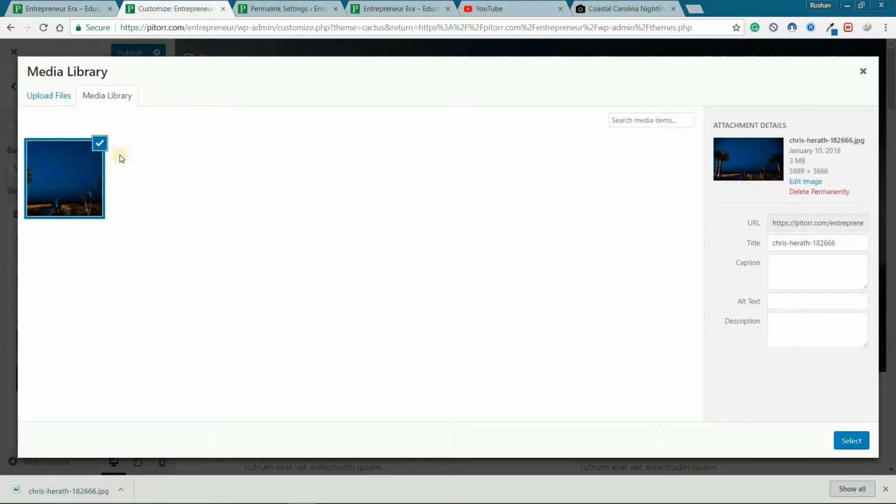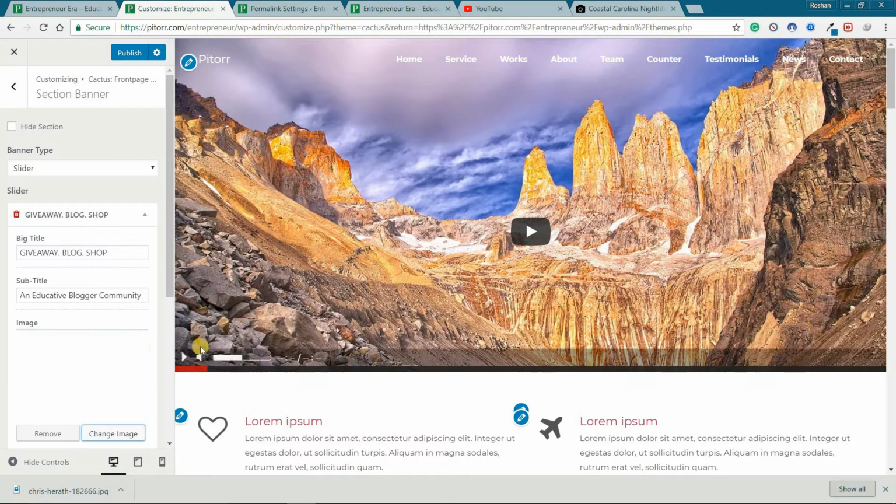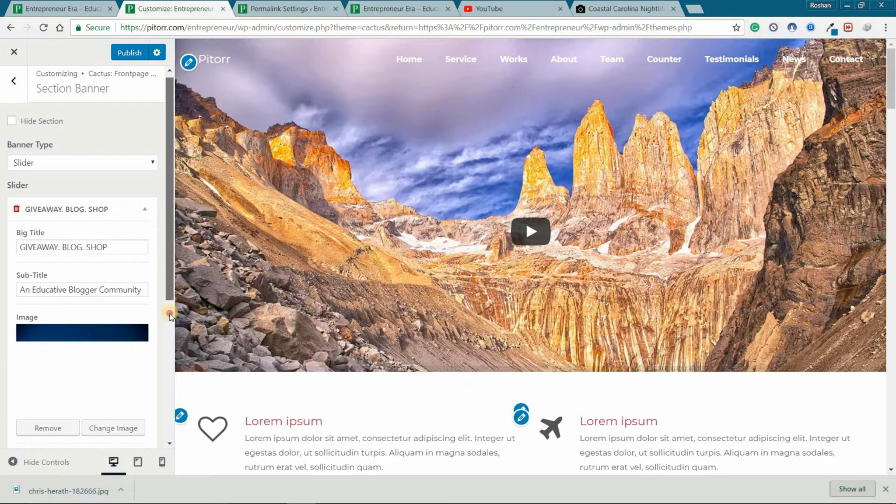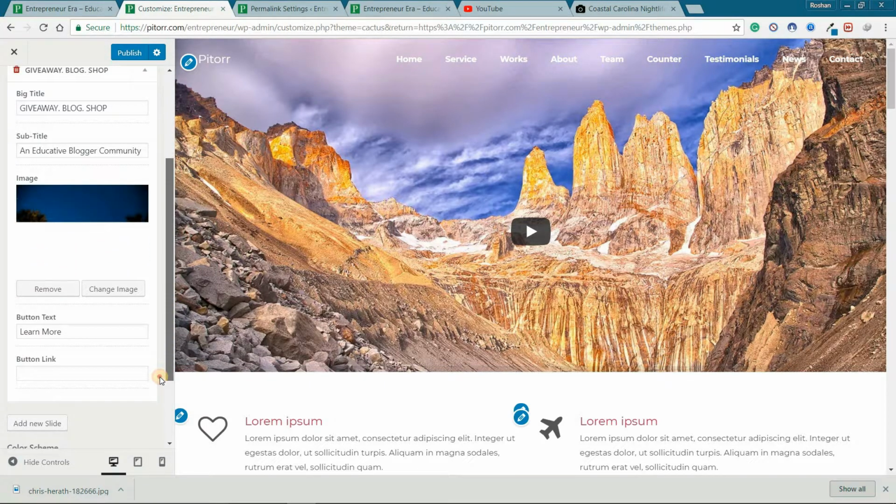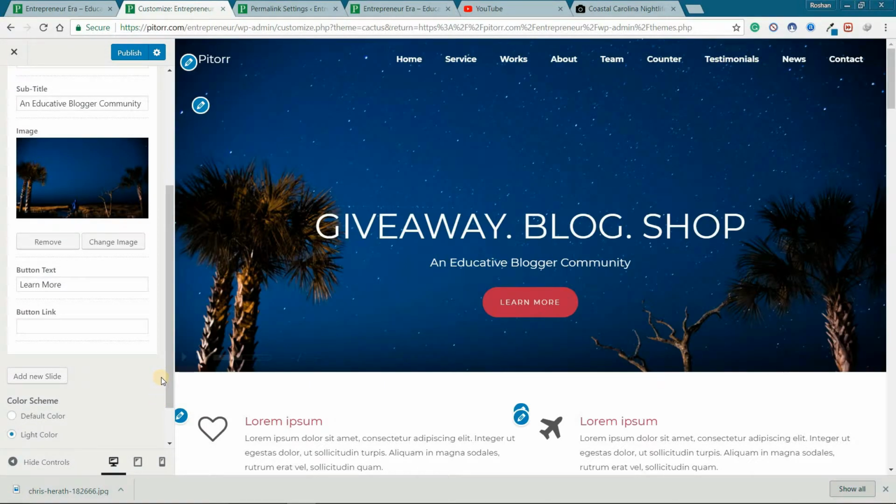So after selecting it, just select this one, and it will take some time to change. Okay, as you can see the changes, now it has changed. So now, okay, before doing that, I'm going to change this one. I want this to be